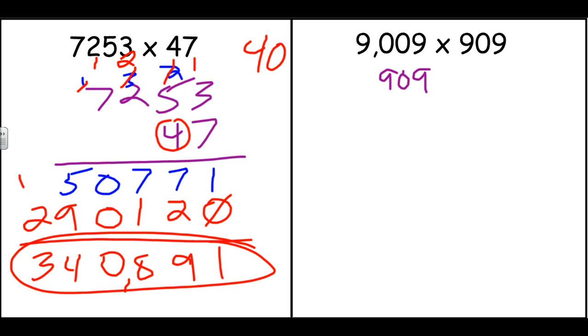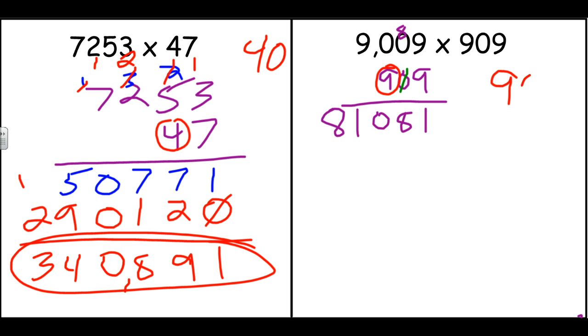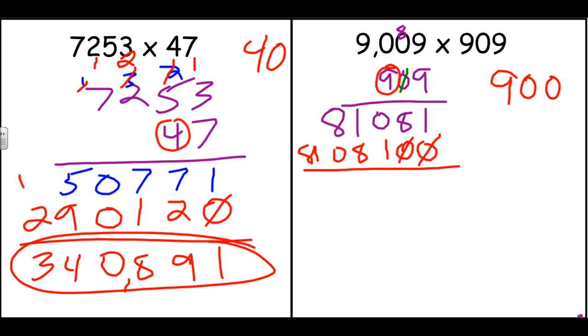And finally, 9,009 times 909. 9 times 9 is 81. Carry the 8. 9 times 0 is 0, plus 8 is 8. 0 and an 81. I'm going to skip this next one with a 0 because everything will be a 0, but I'm going to move on to the 9 here, which actually represents a 900, and add our 2 placeholder zeros. And then 9 times 9,009 is exactly what we had gotten before, so we can just copy that because it's the same. 1, 8, 1, 9, 8, 1, 8 is what we end up with when we add all of this together. So our final answer is